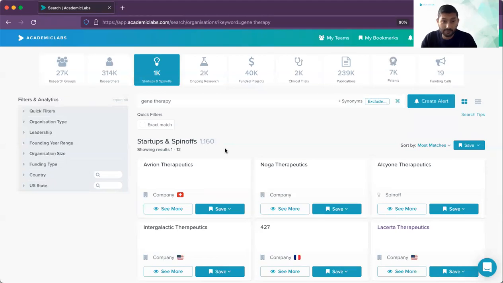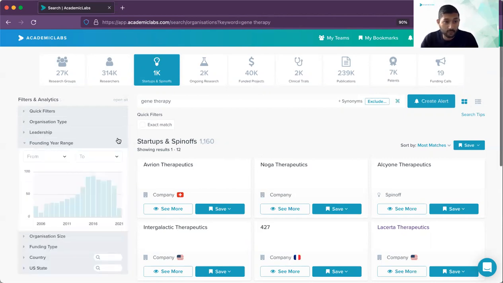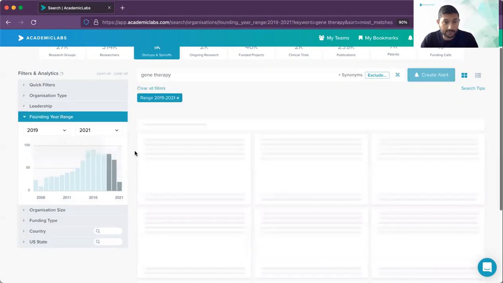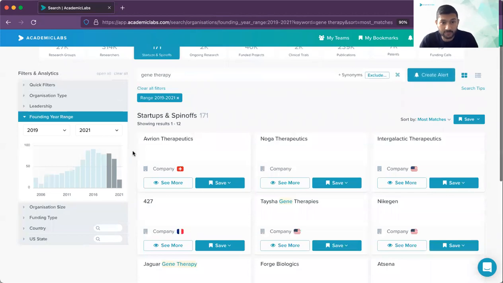So that means from the websites of these startups and spin-offs in a manual way, but also using algorithms to go to specialized databases and pull together information on these companies. And to find the most recent of these companies, you can just go to the foundation year range, and then you can select the last 3-4 years on your topic, and then you immediately get to the 171 startups and spin-offs on this topic or on any topic that have